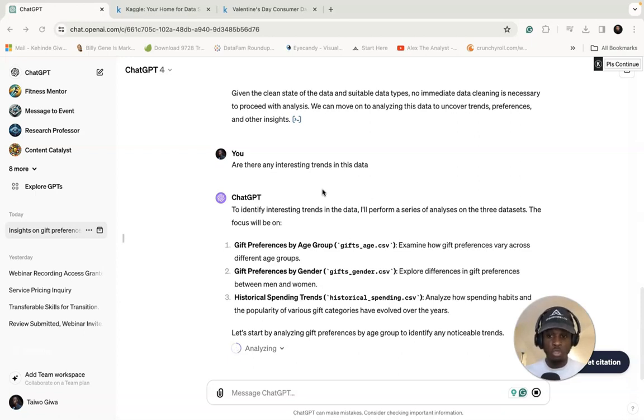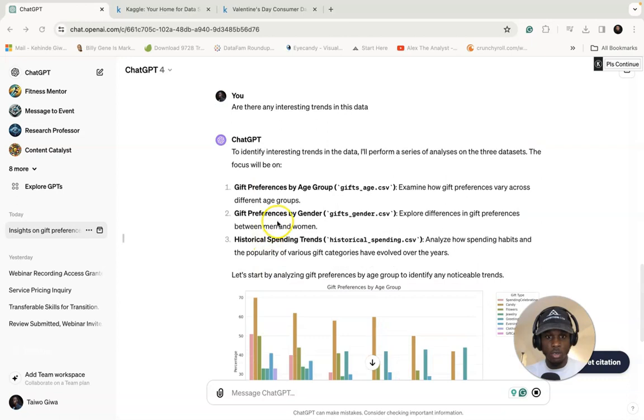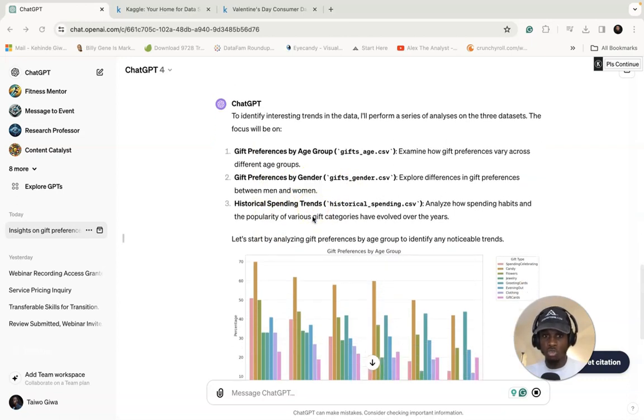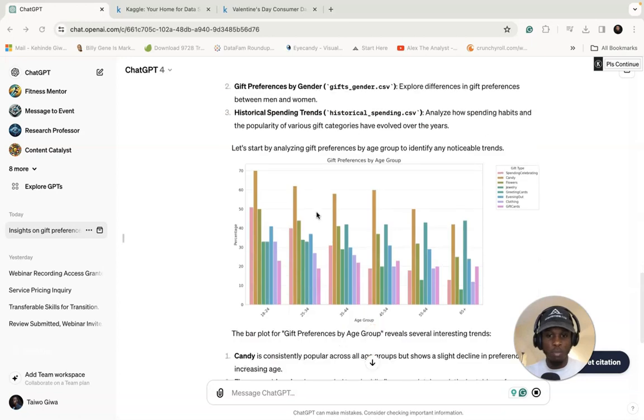But if you're just trying to analyze the entire data to find trends that you otherwise may have missed, you could just ask for this and it's going to provide you. So you can see it says to identify interesting trends in this data, I'll perform a series of analyses on the three data sets: gift preferences by age group, gift preferences by gender, and historical spending trends. So it recognizes these three as interesting trends, and it provided them